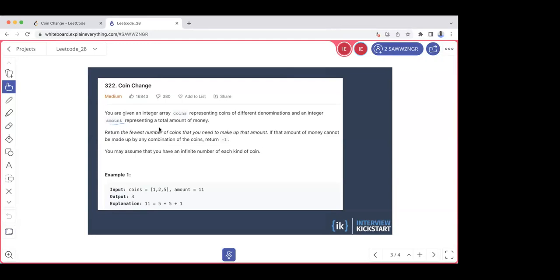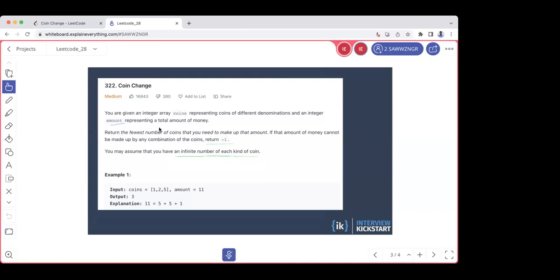So in some cases it's impossible to get that amount, so return -1. Also we can assume that we have an infinite number of each kind of coin. So these are coin types, and we have an infinite number of